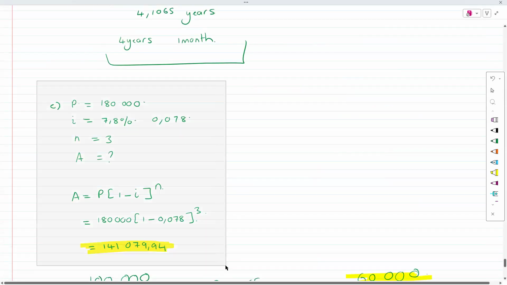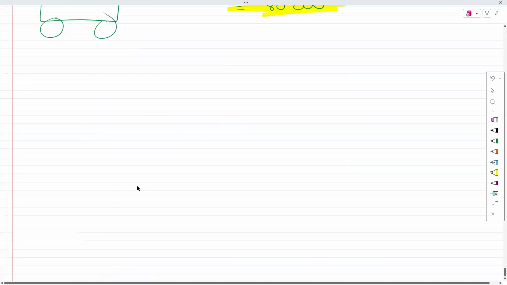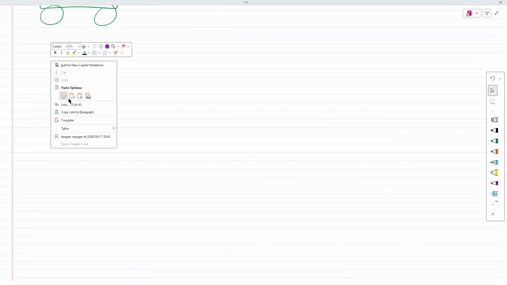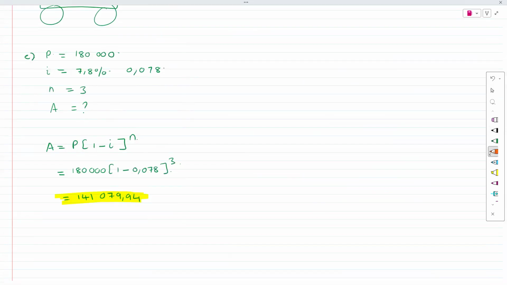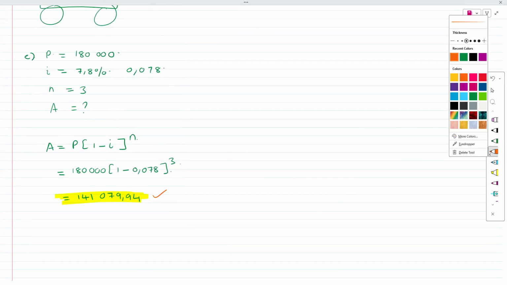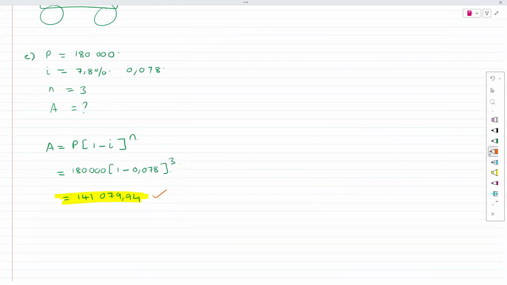But for those of you that didn't understand this silly part, let's go and redo this question. So all of us, we can agree that this car is worth 141,000. This car is worth 141,000 after 3 years. Okay, so again, there's this car, and it's worth 141,000 after 3 years. Okay, this is the worth.